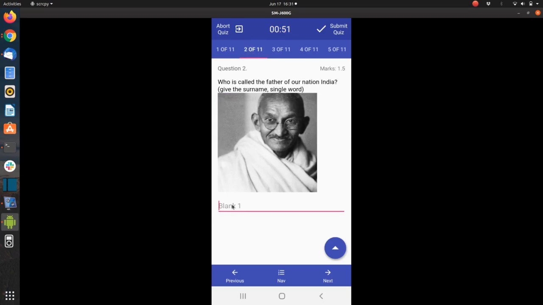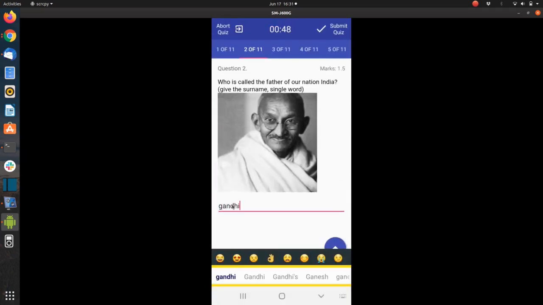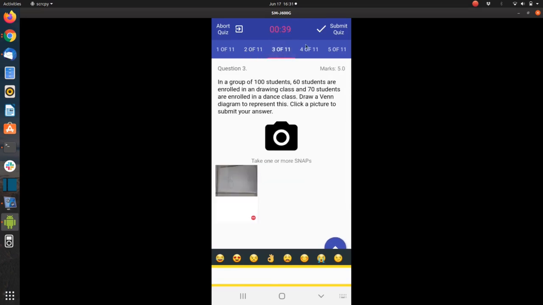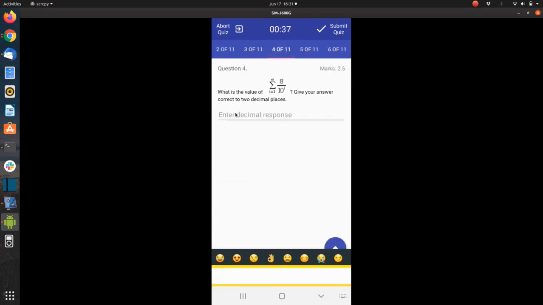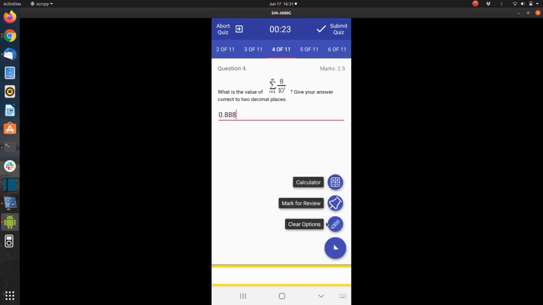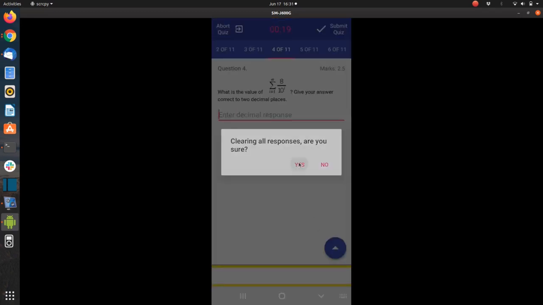Okay, so this is the fill in the blanks. So the student knows the answer for this. Okay, this we have answered. Let's say the student enters here a correct answer but is unsure, wants to clear the answer, because otherwise if the answer is wrong, the student may get negative marks. So if you want to clear the answer, you can choose this clear option. So it will clear it.